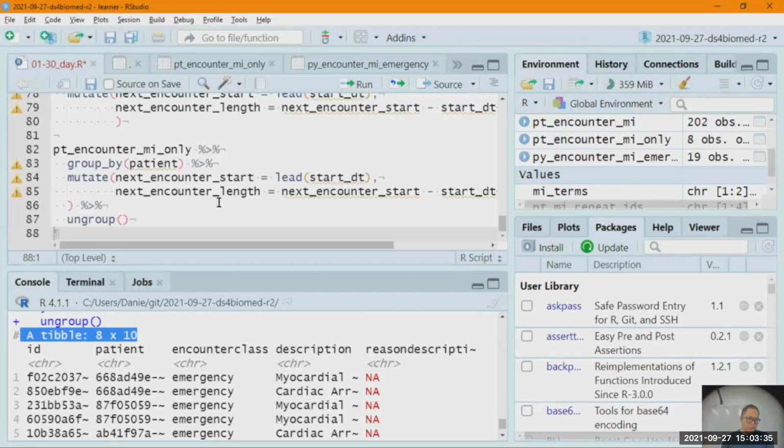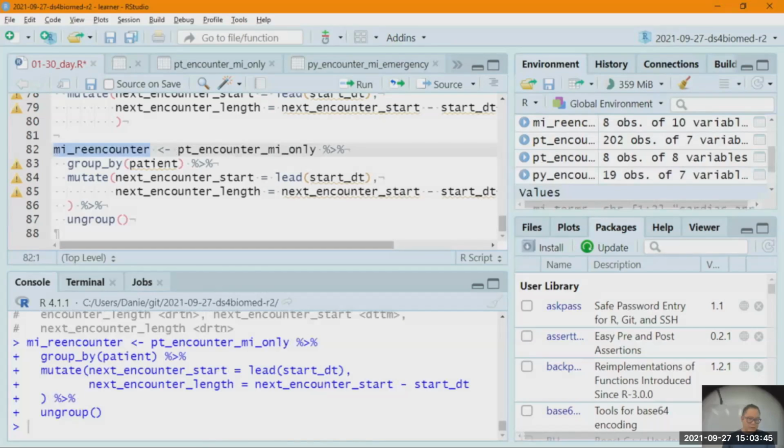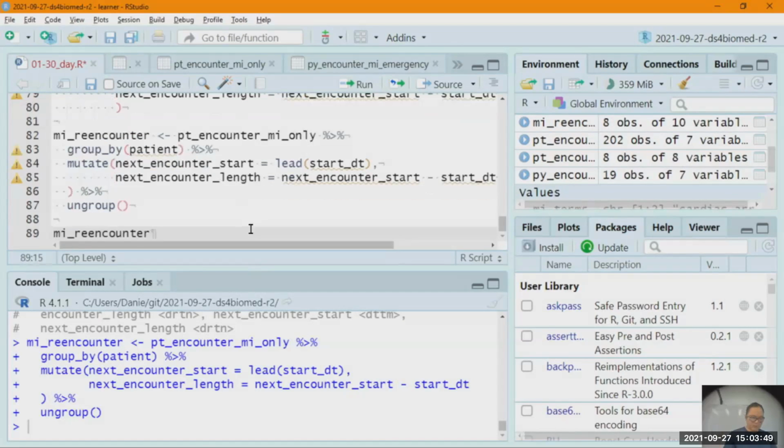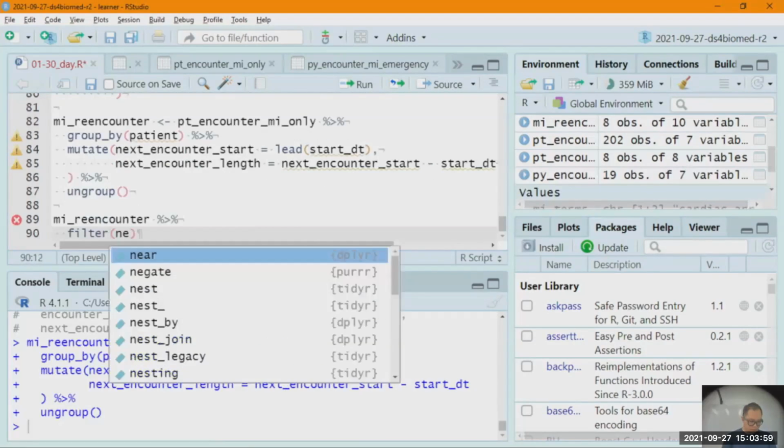So we have this. So now let's save this, mi_re-encounter. So I'm going to save this. This is a data set that sort of makes sense. And we eyeballed it. None of our patients have 30-day readmittance, but let's write the actual code, right? Because this might show up in a report. So let's filter where next encounter